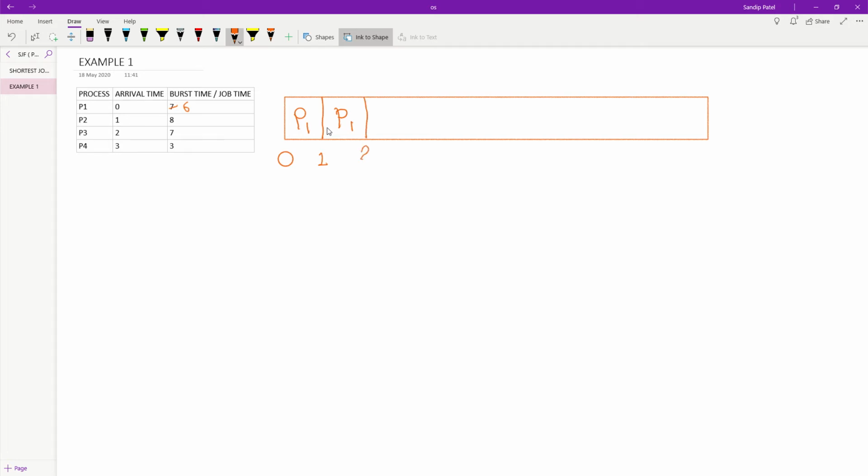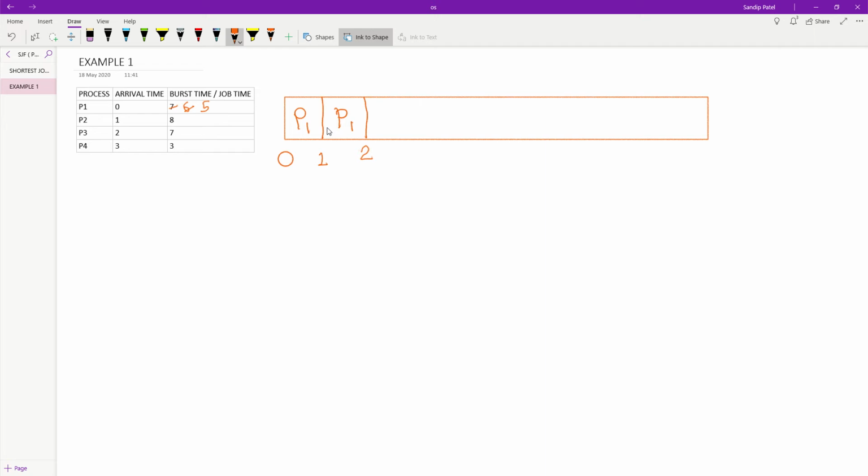At 2 millisecond, P1 has completed 2 milliseconds, so we write 7 minus 2, that is 5. And a new process arrived, P3, at 2 milliseconds. Its job timing is 7. So the job timings compared are 7, 8 and 5, which is the remaining burst time of P1.